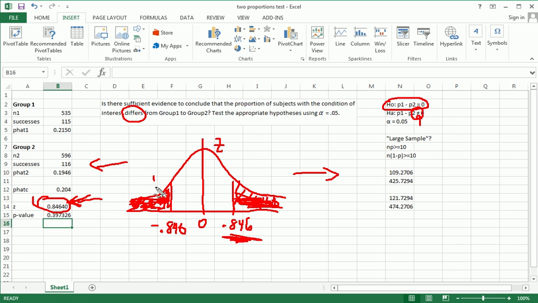And so this, as you know, and this area are equal. They're mirror images of each other. These two shaded areas represent our p-values. Anything out here would be more extreme than our test statistic. Okay? So what we do is we get the probability of getting one of these areas, and then we multiply that by 2. Now the formula that will get me this number here is 1 minus